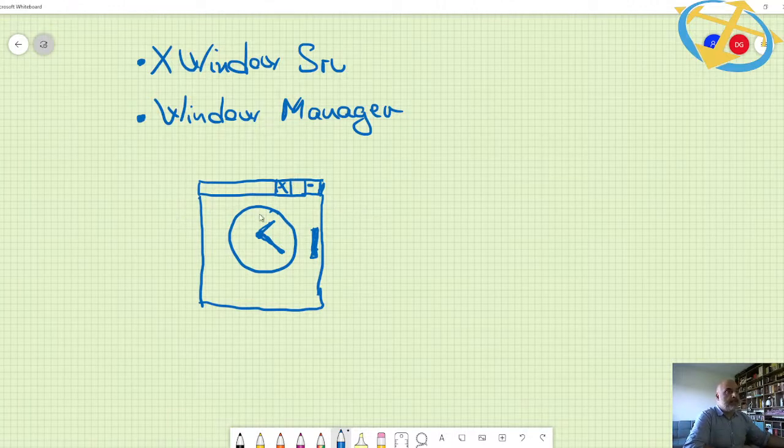If I don't have this, my application will be displayed on the screen, but I will not be able to drag it or close it from here. So not very useful without a window manager. And another important thing that a window manager does is